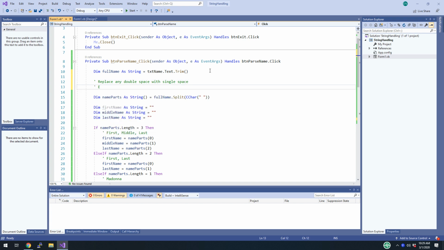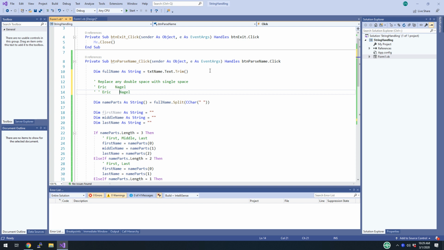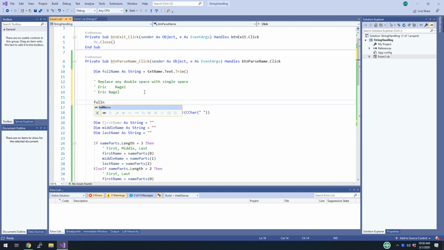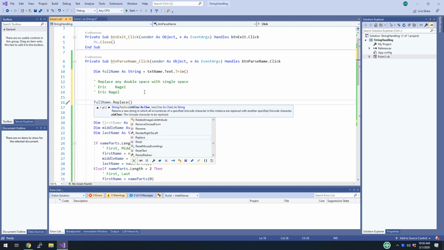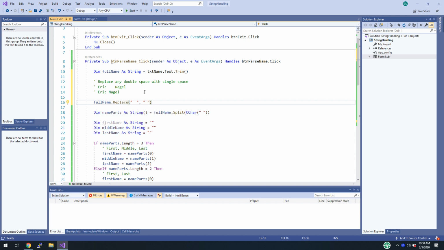So something like that will eventually become that. Alright, this is a little bit more advanced, but it shouldn't be anything really too challenging. So let's start with, we can take full name and use the replace function. And we're going to replace a double space with a single space. Alright, and